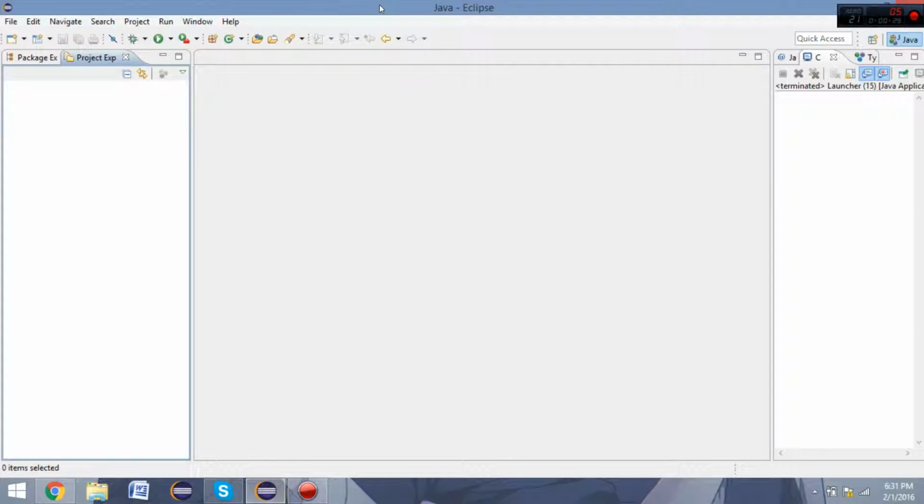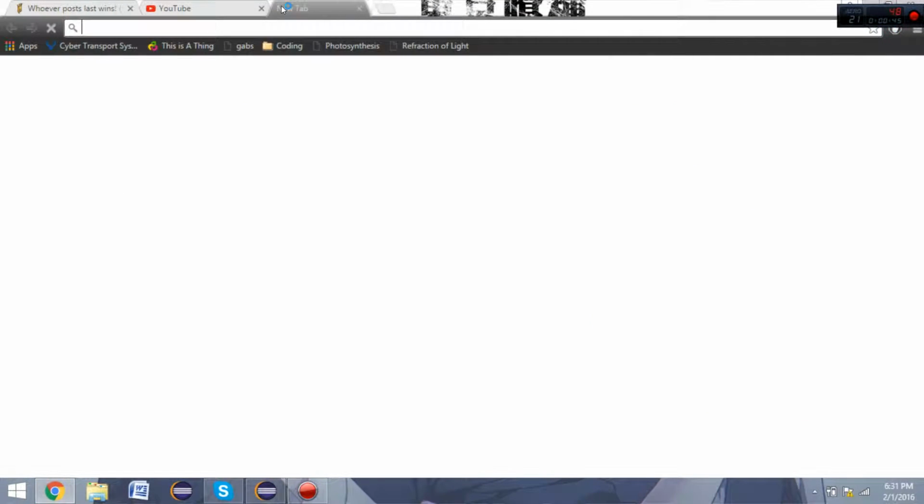Now, the one I use right now is Eclipse. There are other IDEs such as IntelliJ and NetBeans. Those are all fine, but my personal preference is Eclipse. So here we go. Now, if you want to install Eclipse, just open up your web browser, go to a new tab,